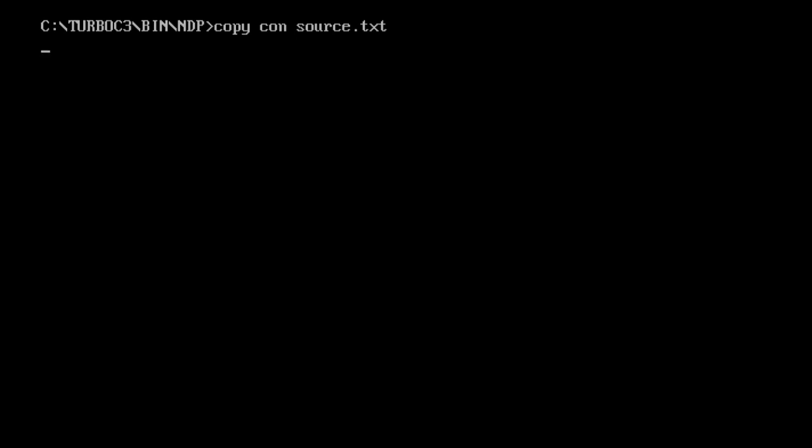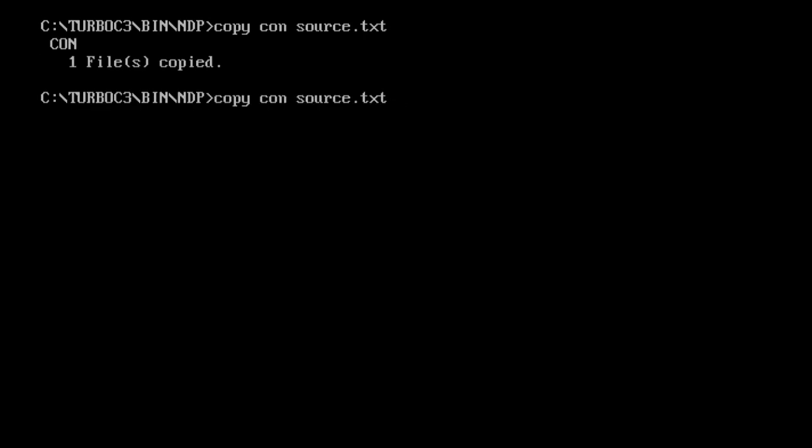My source file, I'll create one destination file, which is a txt file, my destination text file. Okay, now let us execute our exe file.